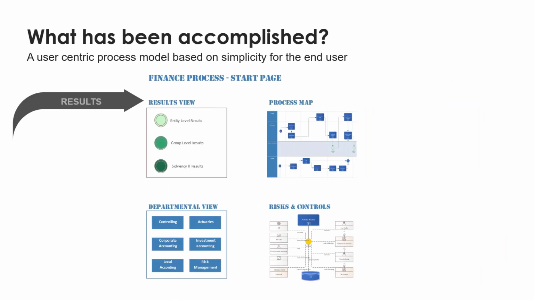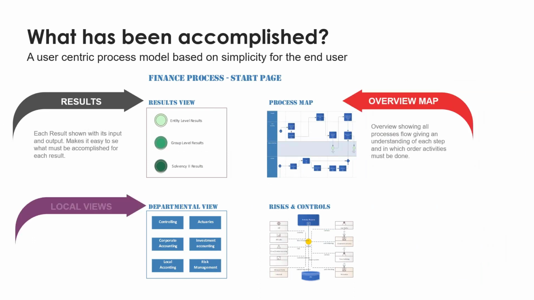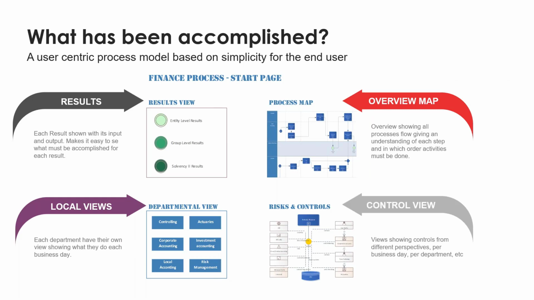So to the conclusions, this is the top level, the starting page, where you have the process map. In that process map, you can see the overview of all processes, all departments, which business day, which department does what. So this is the flow through a month or a period of time through the business days. So you can see when you have done this, the next department will do that, and you can look into what they are doing, and they can see what you have done. And I think this is something really important.